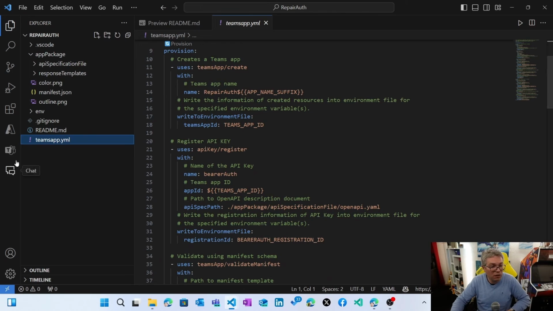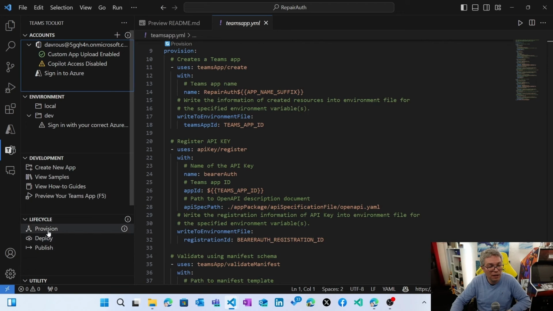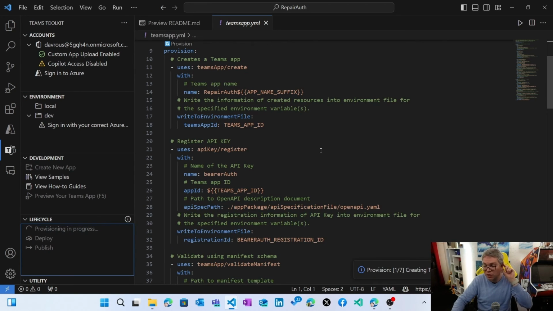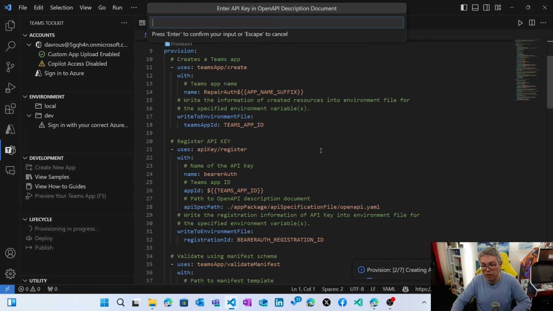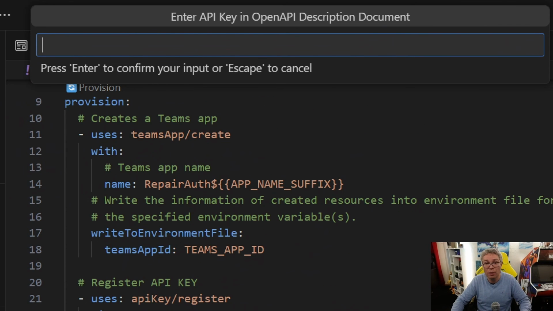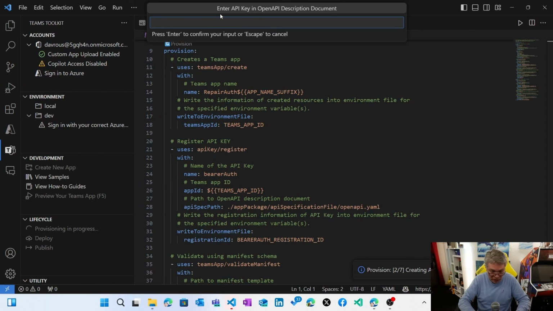So let's give it a try, for instance, and use the scaffolding as is. If I go there and click provision, you will see that one of the steps is to ask me the key. So here it is. You see that the Teams Toolkit is asking me to enter my API key. So let's call it, so it should probably be a GUID or whatever, but in our case, it's a fake key, my super secret key.